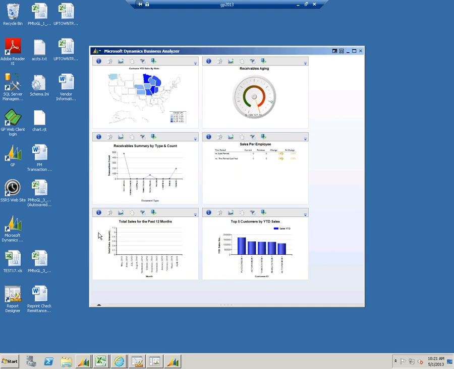So here is something I'm accessing through my desktop without even going into GP, without necessarily being a GP user or having GP on my workstation, and I can build this to have whatever components I want it to. And you can see some of the variety of graphical information you could see. And you could actually click on one of these graphs and open it up